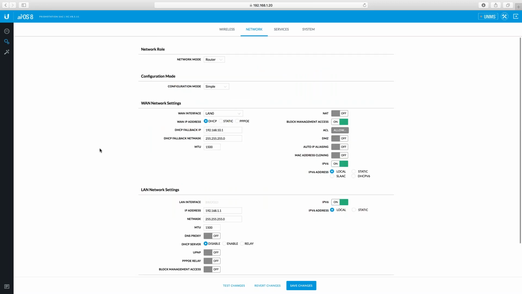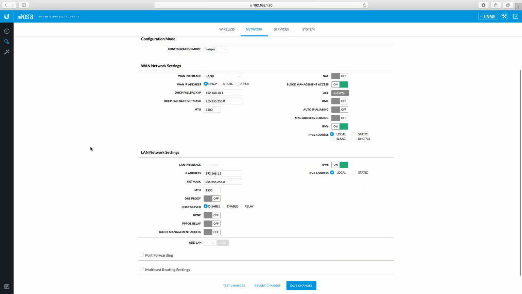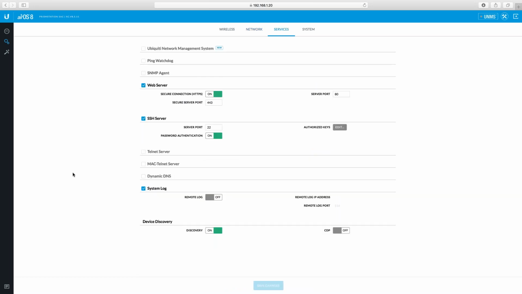So clicking through router mode, you can see also, you'd have the same general configuration you'd expect from any device that's functioning as a router, a lot more layer 3 configuration options. And of course, we also do support IPv6 in AirMax AC as well, for those of you looking towards that next generation addressing protocol. So in the services side of things, again, not much you'll need to change here, especially